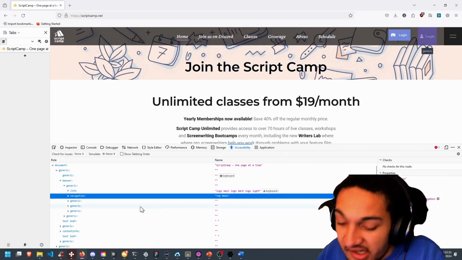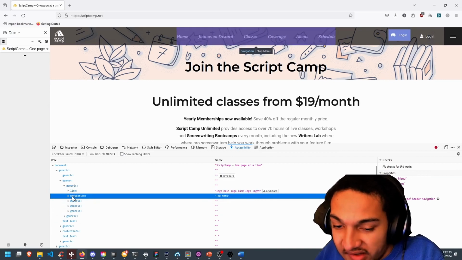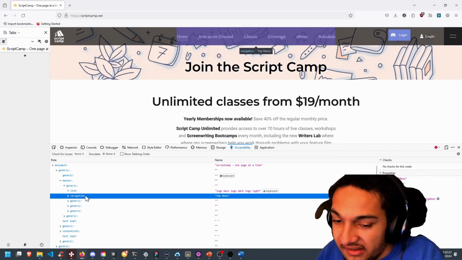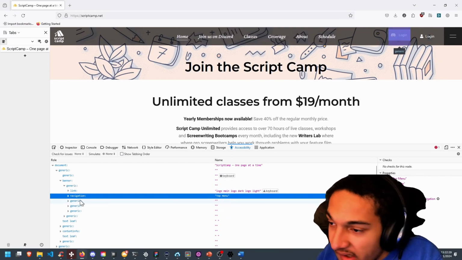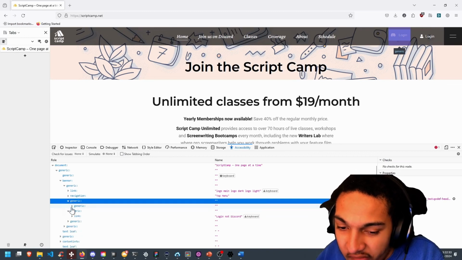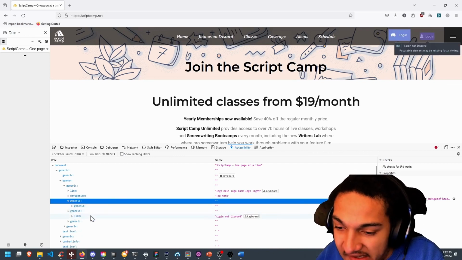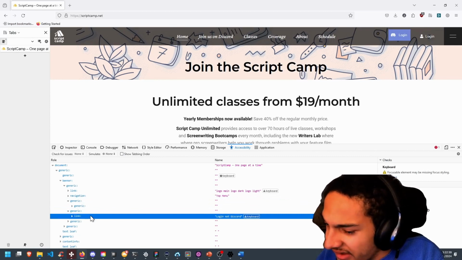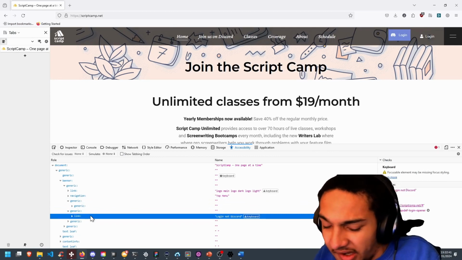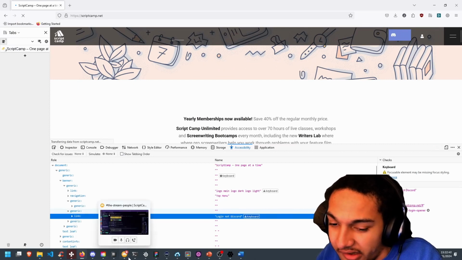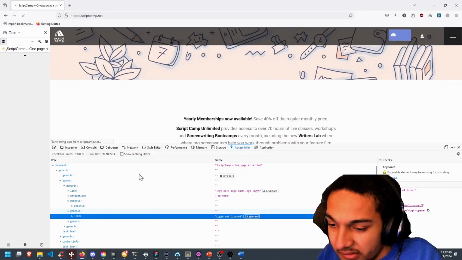We've got our navigation here, which is marked well. We can tell here it's a navigation section, and everything inside here is for navigation. And then we've got these two generics. If we open them up, we get a link. Oh, actually, did he change this? Or have I not refreshed this? I think I might have changed this and not refreshed it.